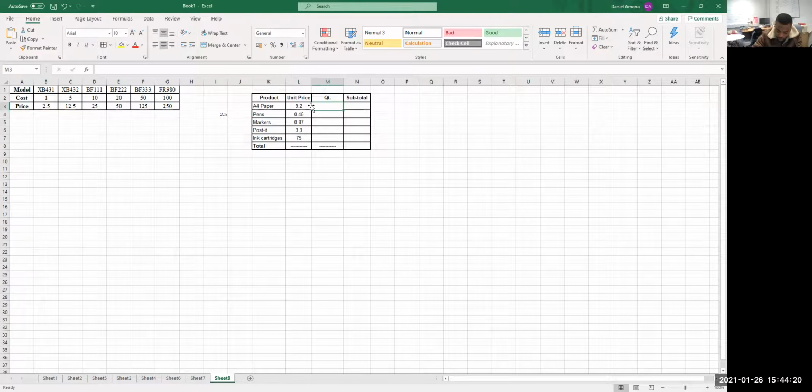So we have 25, we have 100 pens to be purchased, 30, excuse me, markers, and 40 post-its, excuse me, and finally 4 ink cartridges. Okay,